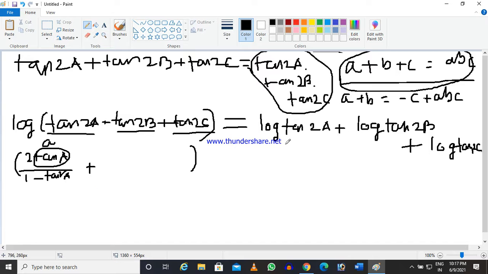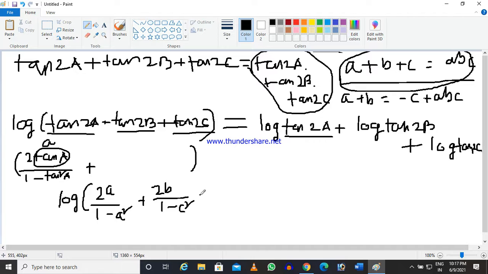So if you expand this formula and replace tan capital A, tan capital B and tan capital C by small a, small b and small c, we will be getting log of 2a by 1 minus a square plus 2b by 1 minus b square plus 2c by 1 minus c square